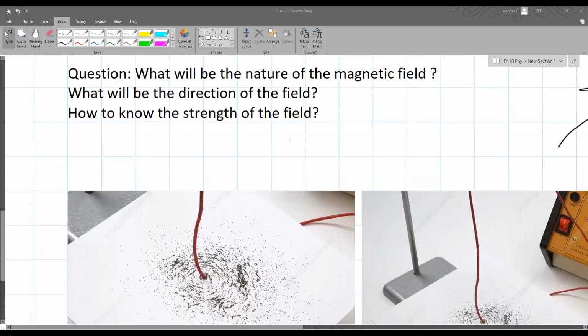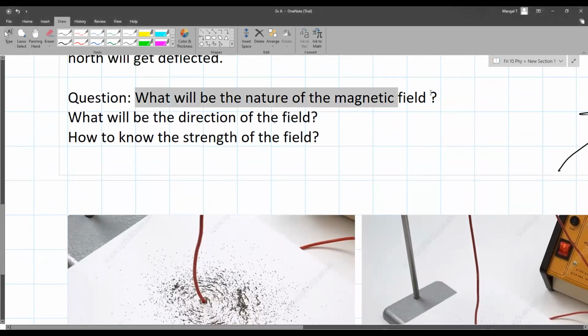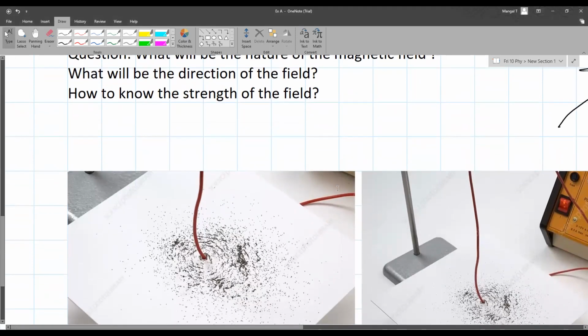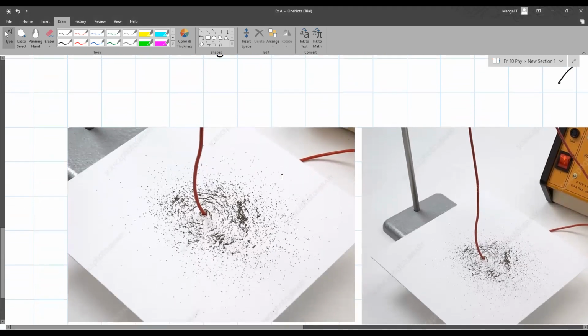Okay. So the magnetic field, this answers the question, what is the nature of the magnetic field? The nature of the magnetic field is in the form of concentric circles, with the center of the circles being at the wire which is carrying the current. Another important fact is that this magnetic field is all around. It's not only on the cardboard, but it is throughout the length of the wire. So it is at all points like this. So the magnetic field is throughout the wire.